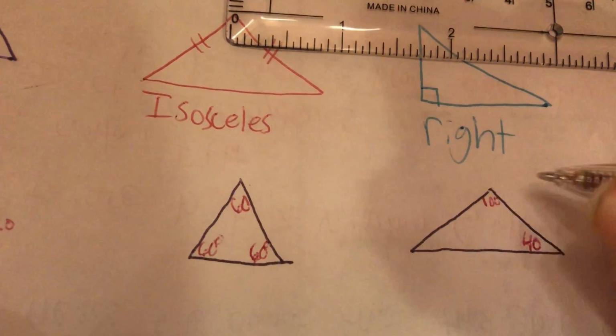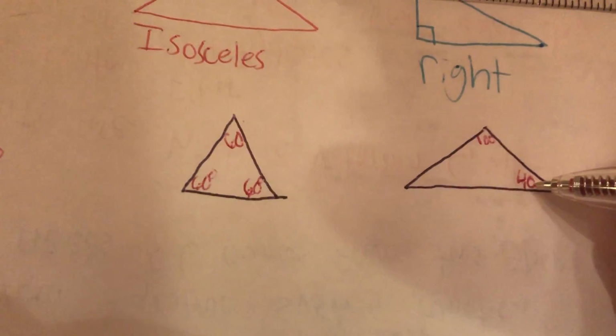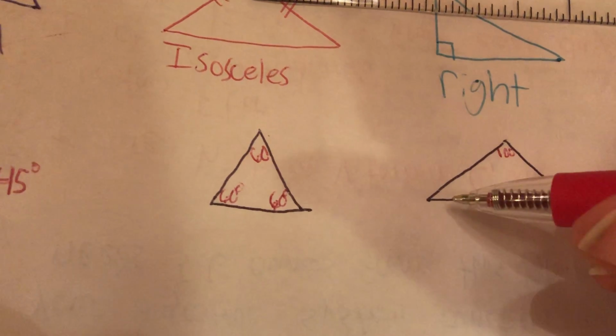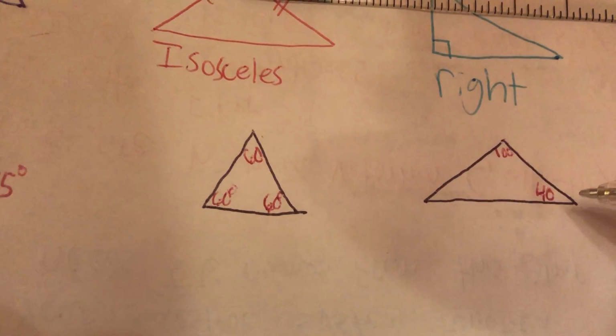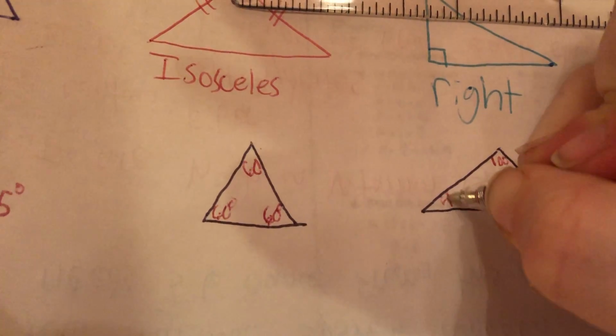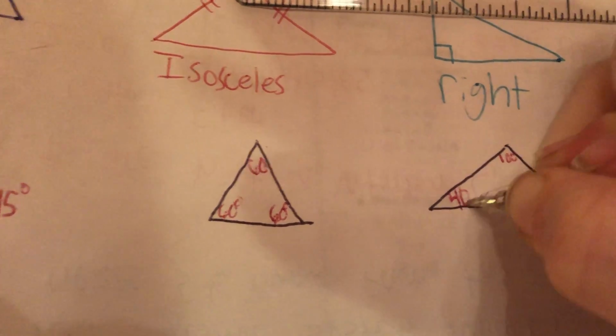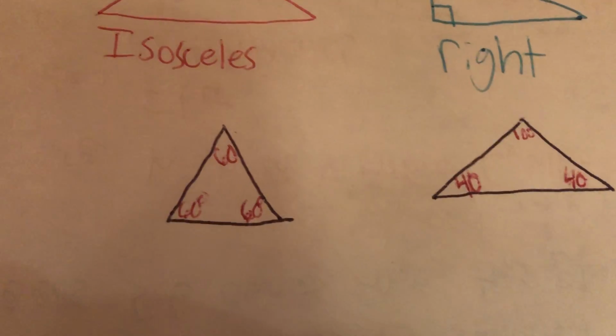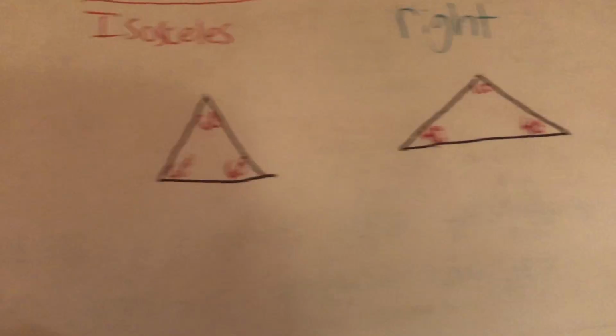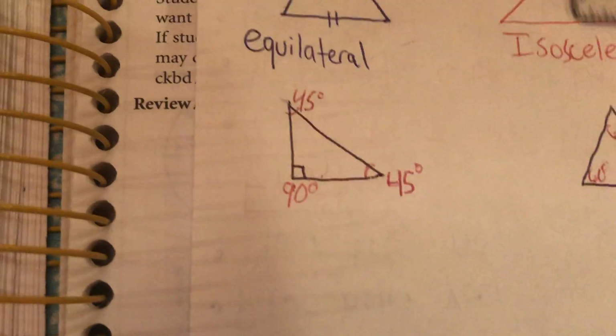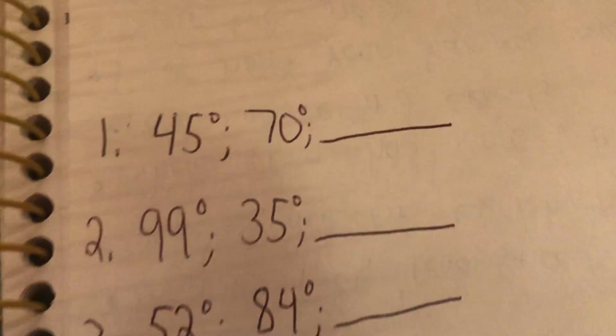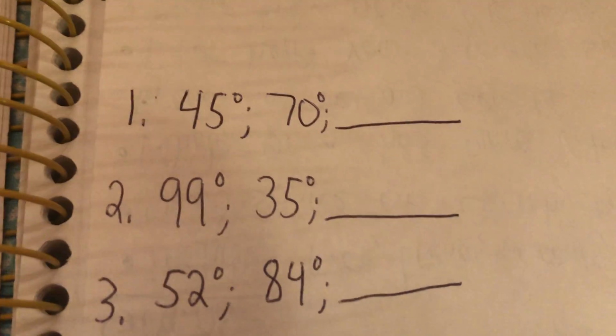If I know that I have 100 and I have 40, so 140, I need to get to 180 total. I know that I have 40 degrees left. All of your angles on the inside will add up to 180. So if we don't even have a picture of the triangles, we can still figure out what those